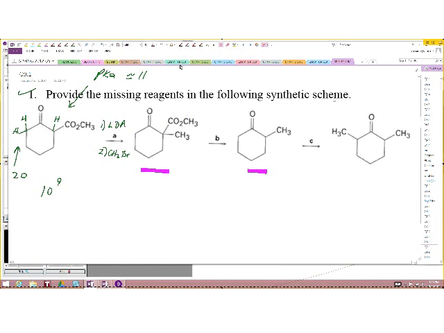Yes, you have a question? Oh, okay, I see. The question is, instead of using LDA, can we use hydroxide? A very good question. Okay, no, we cannot use hydroxide here. I'll tell you why. Look at this here. We have an ester here. If you have an ester, and you have hydroxide,